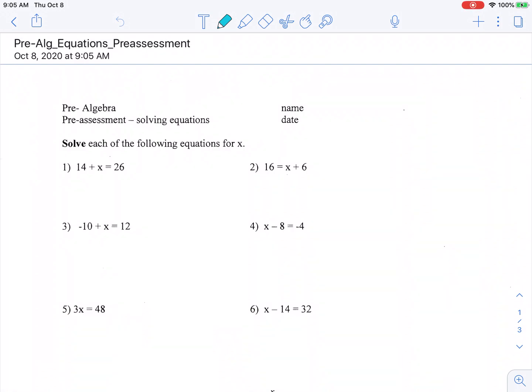Good morning. So I did look at your pre-assessment answers, and some of you did a great job of figuring out what X would be. However, I want to see you writing your work a little bit more, let's just say algebraically. In life, if you just had to figure out X and you could figure it out any way,